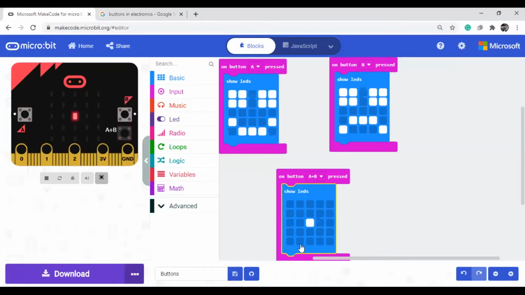Now I will give one task. What is the task here? The first thing is, when A button is pressing, you should do some task. When B button is pressing, you should do another task, and on the start button, it should be in one position. When A and B are pressed, both buttons are pressed, we should do one task. So how can we do it? Just think about it.